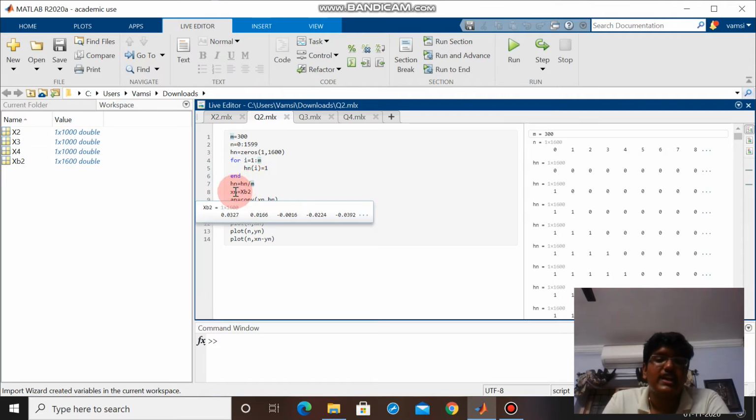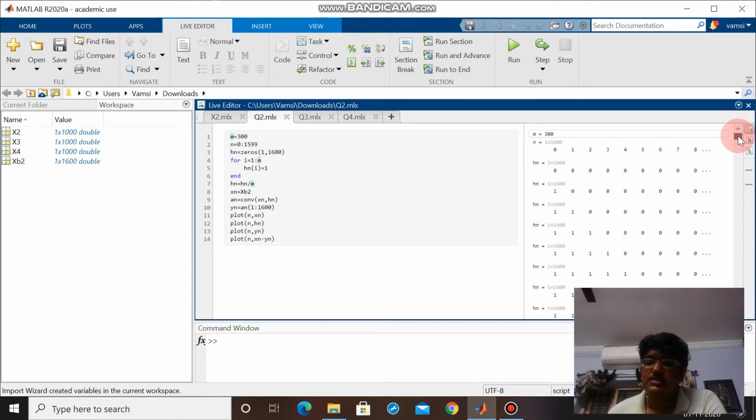And also I have taken xn equal to xb2 as our input signal, and as shown in the previous question, I have convolved xn and hn, and by the same logic, an will have around 2-3,000 elements, and yn I have taken from 1 to 600. To plot the graph between yn and n, I have used the plot function for input, impulse response, and output. And this last statement we will be discussing in the trend removal, so let's leave it at that.